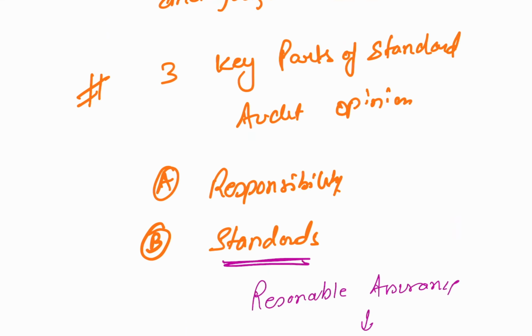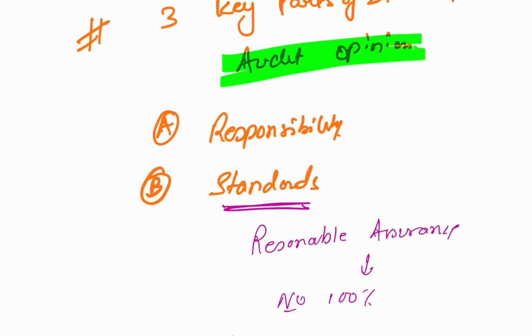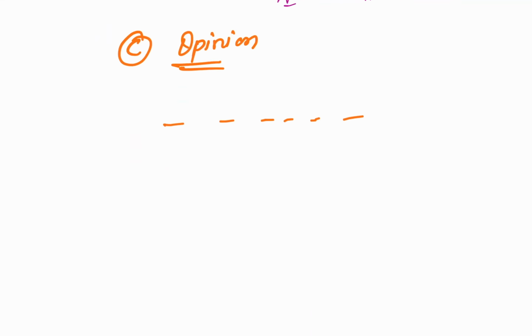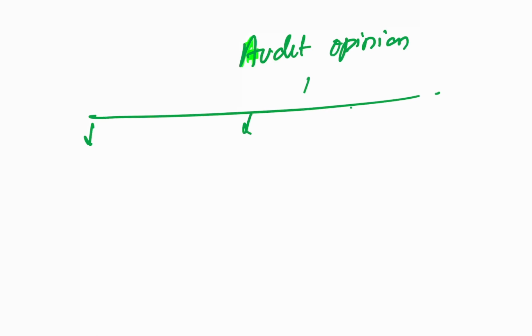Now, I'll be discussing the audit opinions. There are three different types, or rather, if I go into more detail, four types of audit opinions. An audit opinion means what they will write in their report, whether the report is accurate, not accurate, fully accurate, or something is missing, and how they will mention it. So the first one is the unqualified opinion.